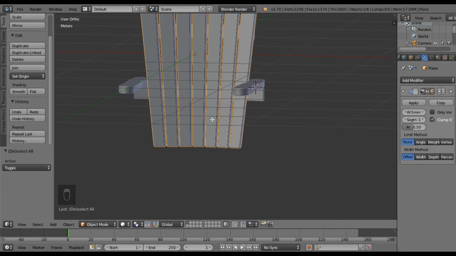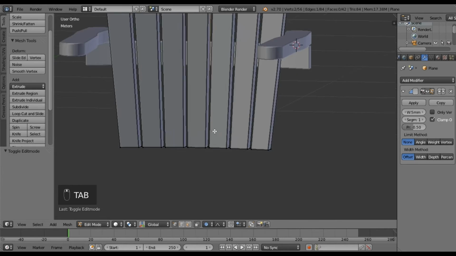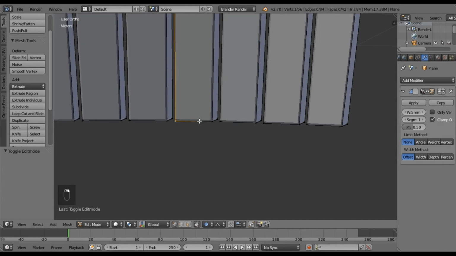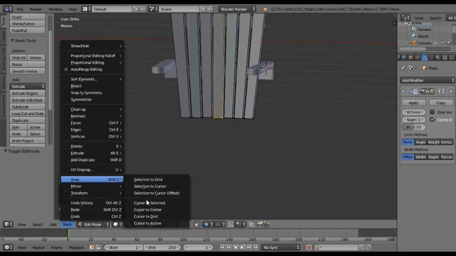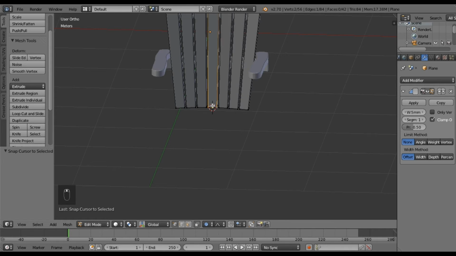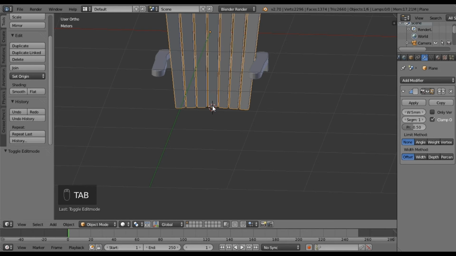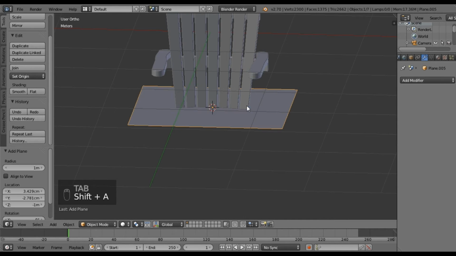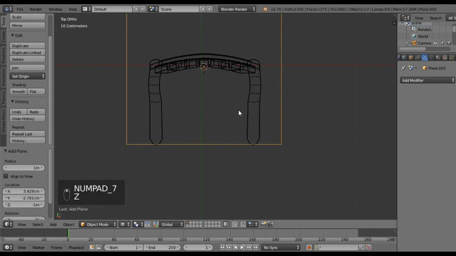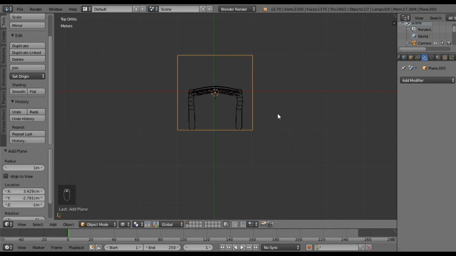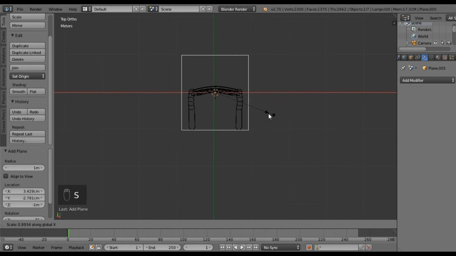So let's grab the back, tab into edit mode, and we're going to grab the front 2 vertices of the middle board, mesh snap cursor to selected, and tab out of edit mode, Shift A, mesh plane, and I'm going to go to my top view and my wireframe mode, I think, and scale that on the X